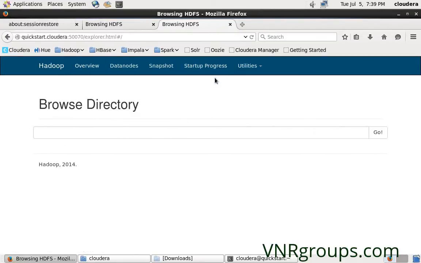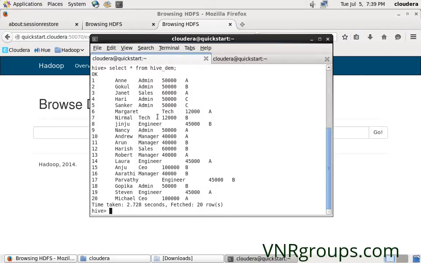Yeah. So you can see here the browse file system. By default, if you have not specified, even when you are creating the Hive table, you have one more option where you can specify the path of the table. Create a table name, and then you have given row format delimited, fields terminated by. We have one more attribute called location, and then you can specify the location. You can override the default location of Hive tables in HDFS. By default, all the Hive tables that you create will get stored in the data warehouse.